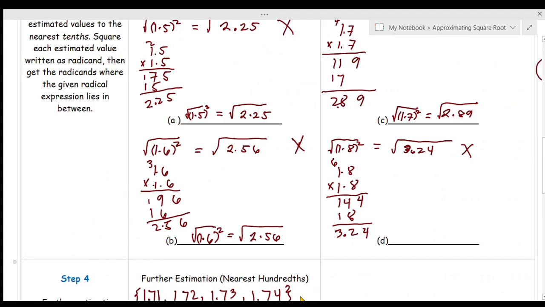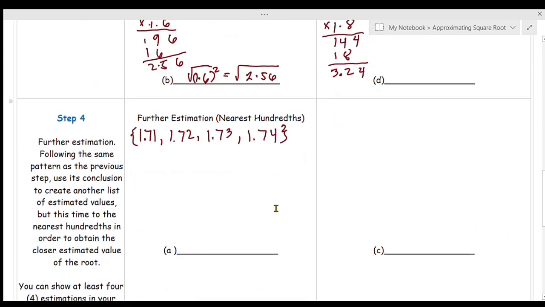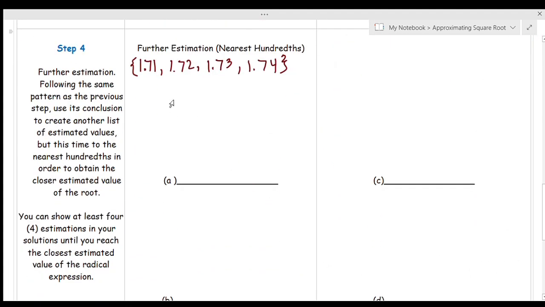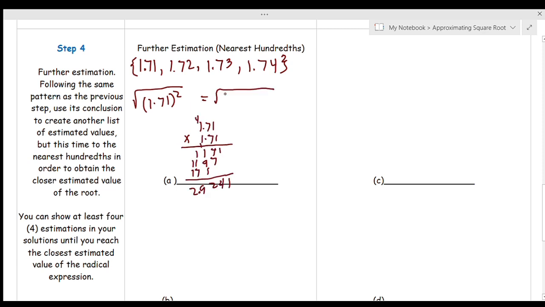So, what is our next step? Same process. We need to take this 1.71, or 1 and 71 hundredths, and put it inside the radical, then square it, and find the result. So how are we going to find the result? By simply multiplying. We have 1.71, you can use a calculator, times 1.71. The result of that is